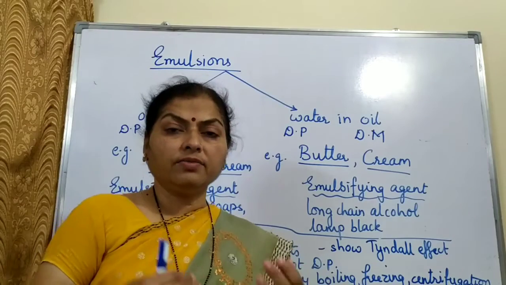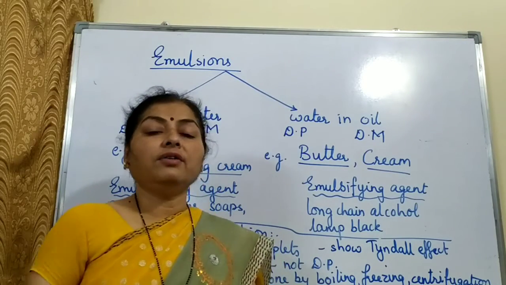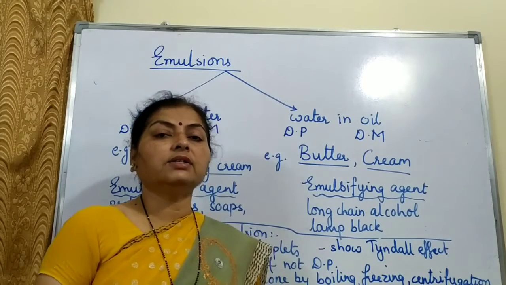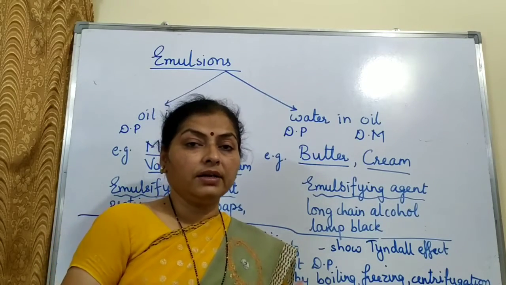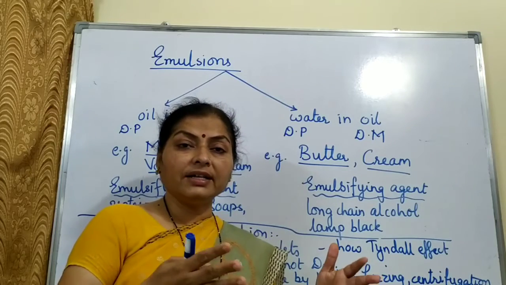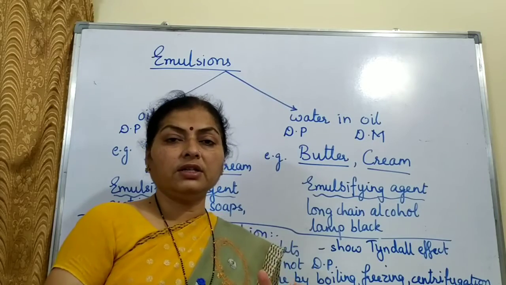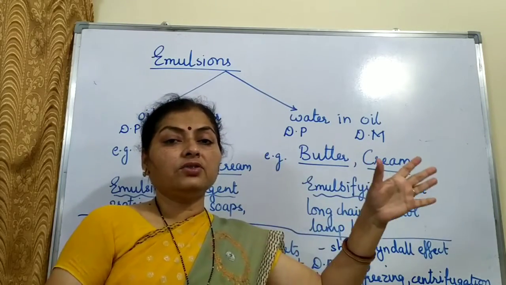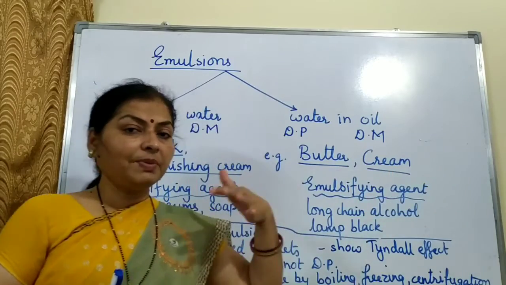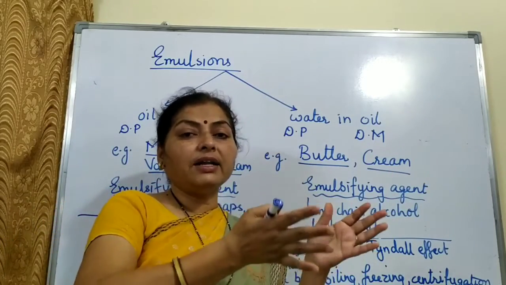The last but not the least topic of the chapter is where all we can see colloids around us. Yes, we can see it in the formation of deltas. You must have heard about the deltas which are found at the mouth of the river, where the sea and the river meet each other. Like when the Ganga reaches the Bay of Bengal, its speed becomes slow. Why? Because it is carrying all that silt with it. The clay particles are there.